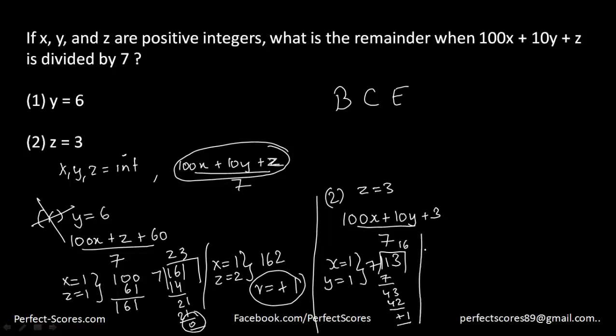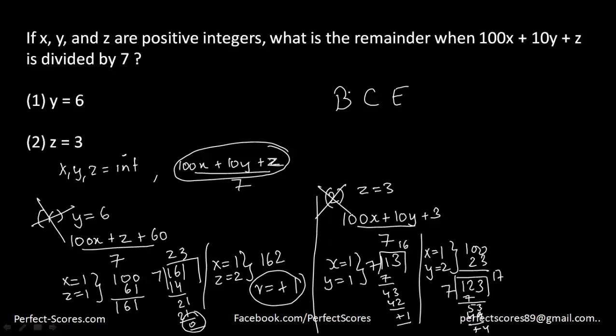Let's check another set of values. Let's suppose x is equal to 1 and y is equal to 2, right? So if x is equal to 1 and y is equal to 2, then it's going to be 100 plus 23. That is going to be 123, right? So if I divide this by 7, 7 times 1 is 7. Then I'll have 5 and 3, 53. So if I say 7 times 7 is 49, so from here I'll get a different remainder, which means second